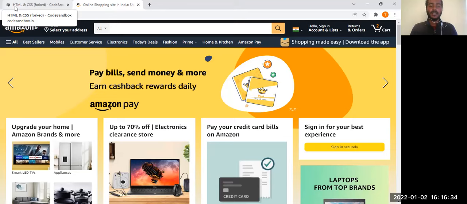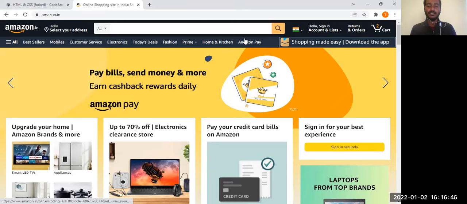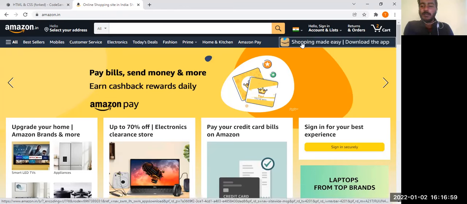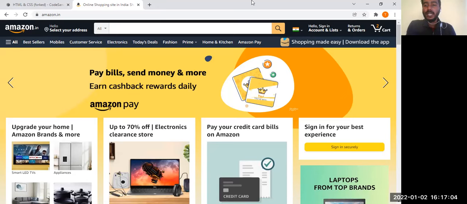You can refer to that before coming to this particular video, on how to make Amazon contents, small parts in a website. We will build a simple thing on this Amazon website. If you see, there is this particular header. We call this a navigation. If I click on bestsellers, it goes to the bestsellers page. If I go to mobiles, it goes to the mobiles page. And here there is an image which shows shopping made easy, download this app.